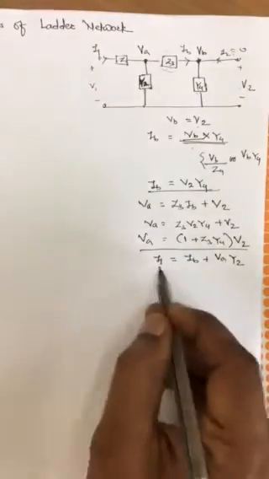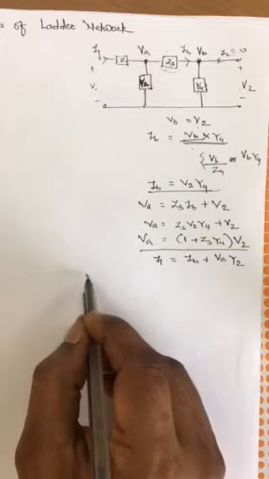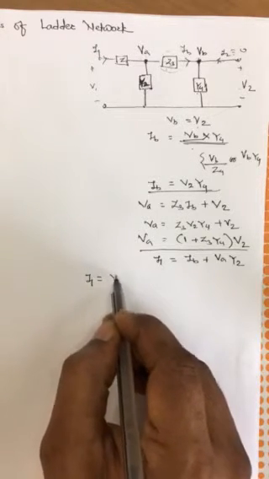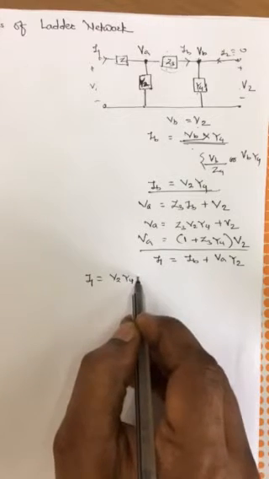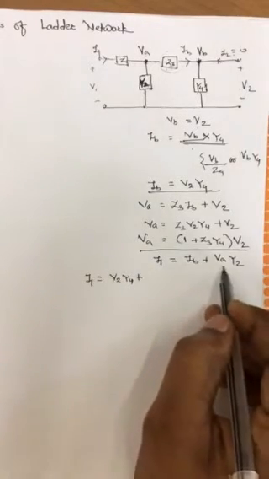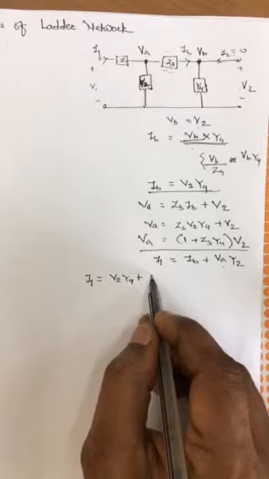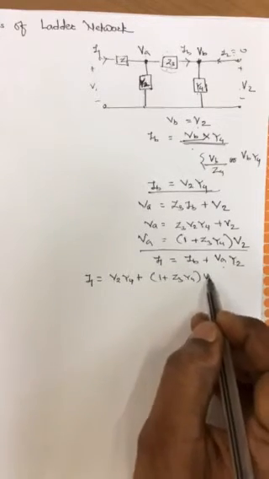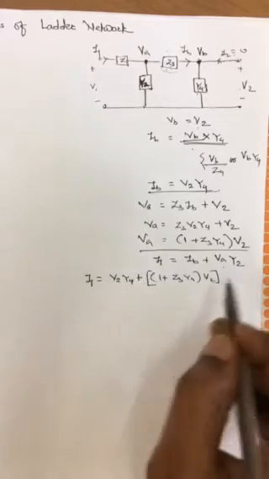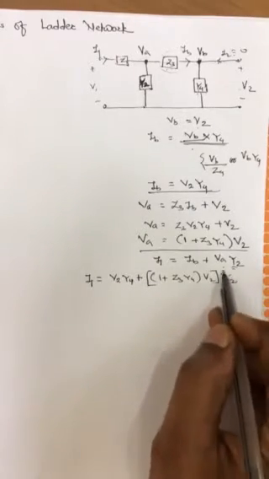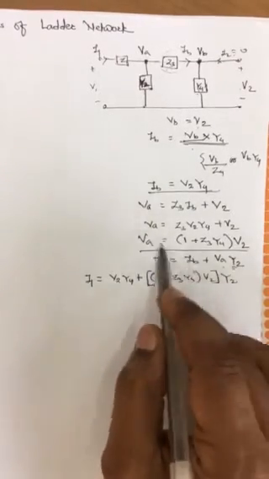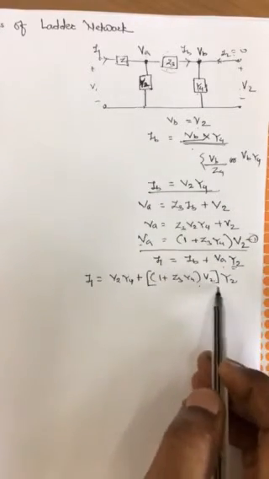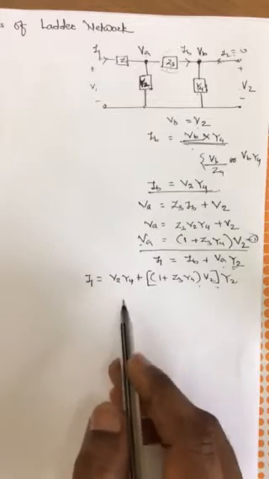Okay, so this will be a long calculation. So I will write I1 equal to IB, which I already have, V2 Y4. VA I also have, it is (1 plus Z3 Y4) into V2 and Y2, right? I have replaced VA by this, 1, Y2 as it is, V2 Y4 as it is.